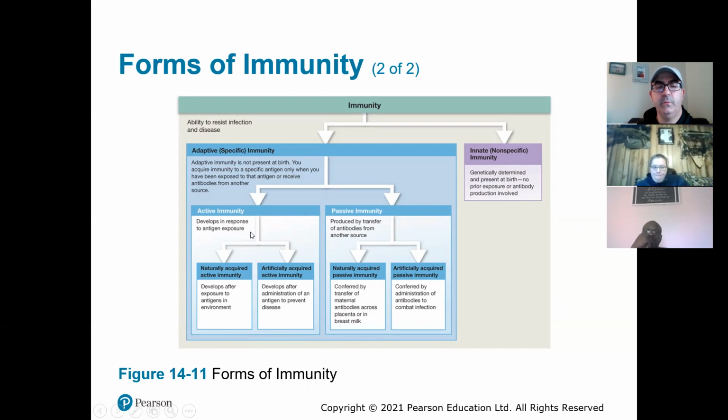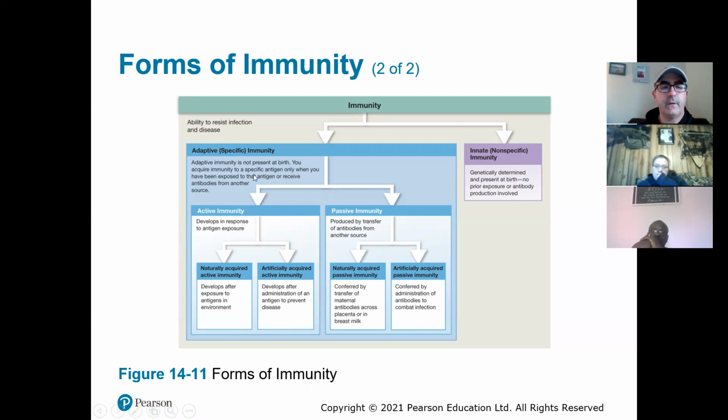Active immunity is where you've actually been exposed to an antigen. It can occur naturally, like when you get the chickenpox, or it can occur artificially, like a vaccine. So what they do when they inject you with the vaccine is they make that vaccine really close to what the actual virus is, right? Usually it's just a form of the virus that won't cause any symptoms. And what it does is it activates your immune system. So it gets that army of cells ready to go so that the next time you see that particular pathogen, you're going to be immune against it. You're going to fight it very quickly and very strongly.